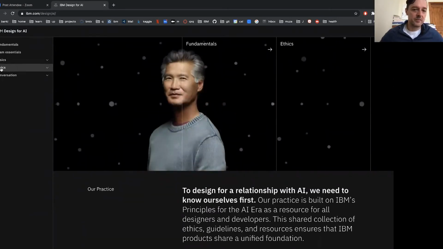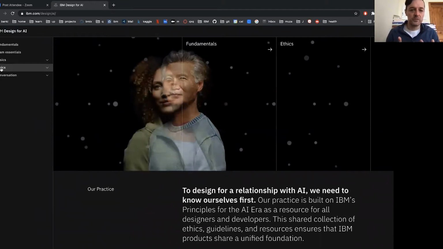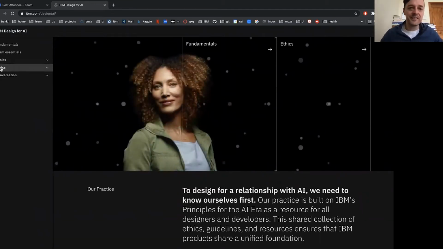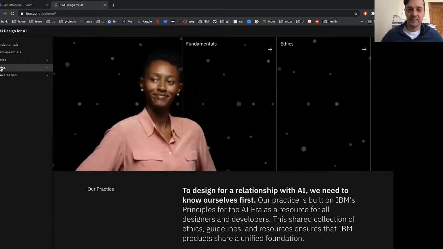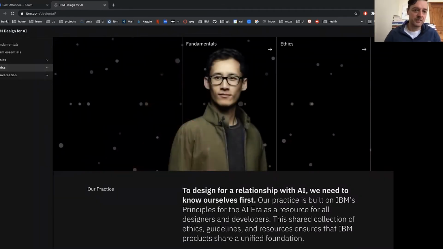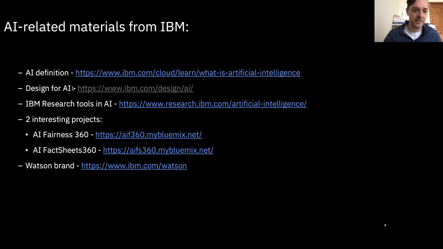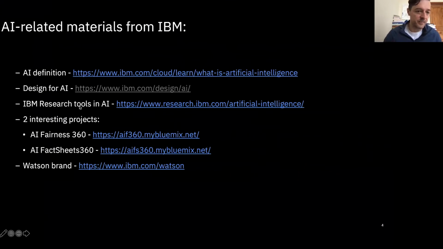And we've got a holistic approach to designing AI, and this is very different than designing your app on a mobile phone. Very different. So I just encourage you to visit this page. And another thing is